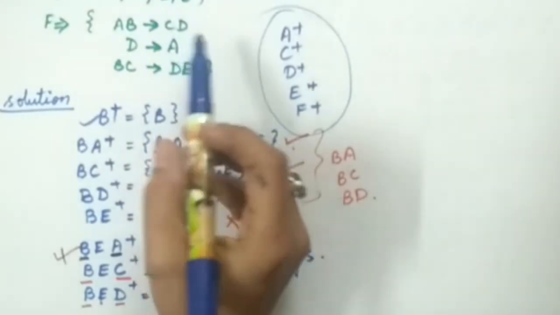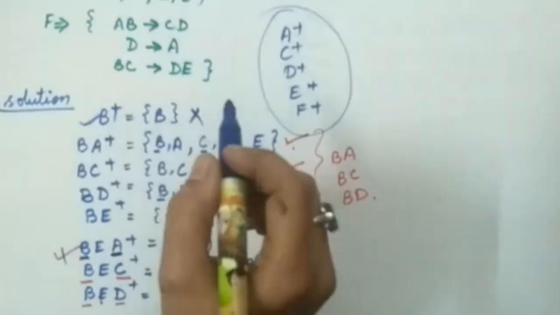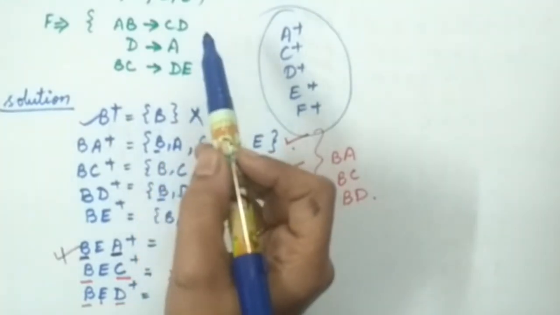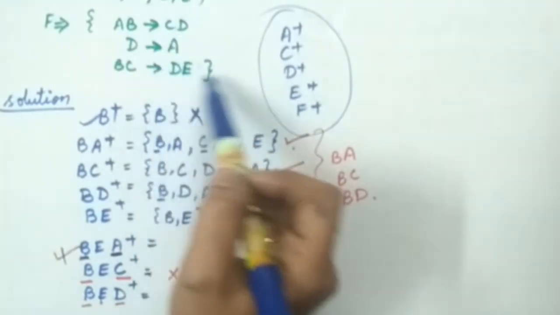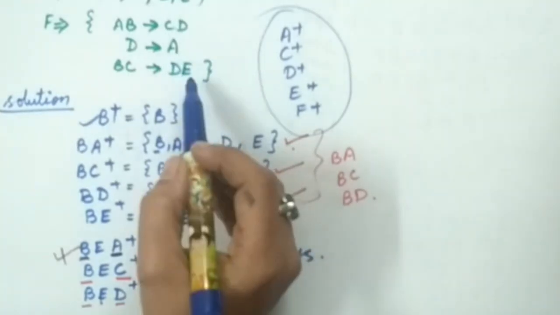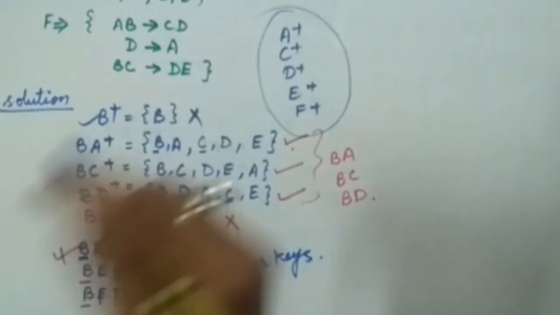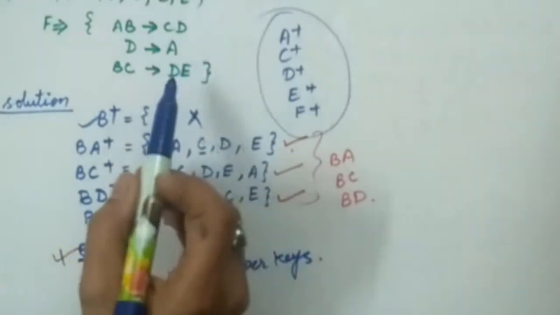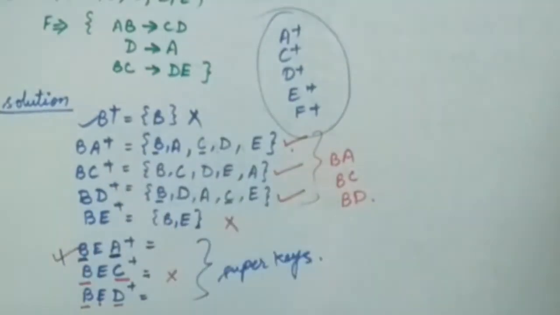In the previous questions, I have not discussed this trick because in those questions there was not any attribute missing on the right hand side of the FDs. All the attributes were present. As you can see in the previous questions, all the attributes were present on the right hand side. Only in this question one attribute is missing. That is why I discussed it here.